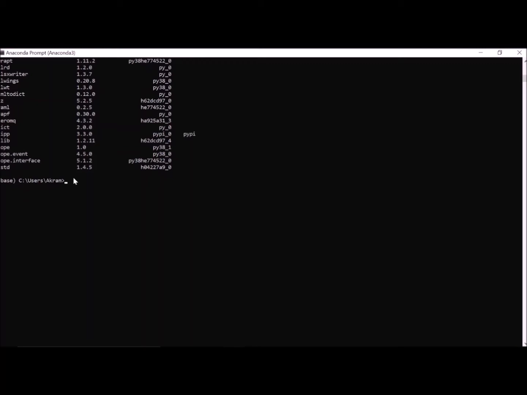To avoid that version conflict, we create a separate virtual environment for each project. And one more thing: when you want to share your project with someone, how will he know what dependencies, what libraries he has to install, with what versions?